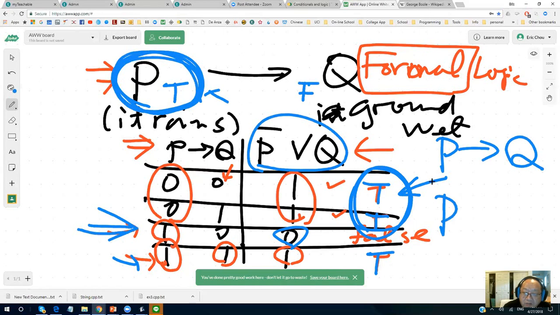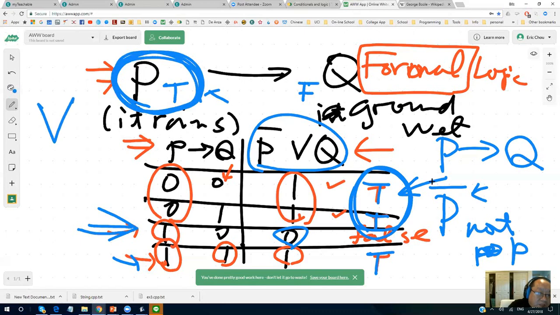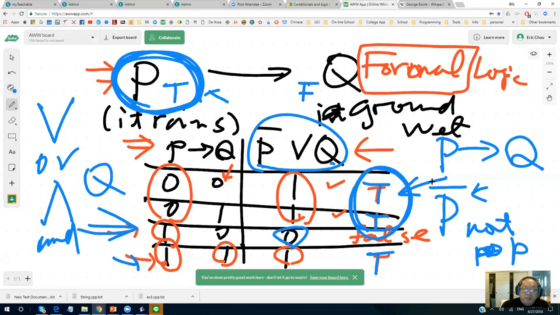The other one is P bar, which means not P. This one means or, this one means and, and then Q. So it's not P or Q. Not P means, for example, there's no rain, or then the ground is wet. Okay, this is the logic.